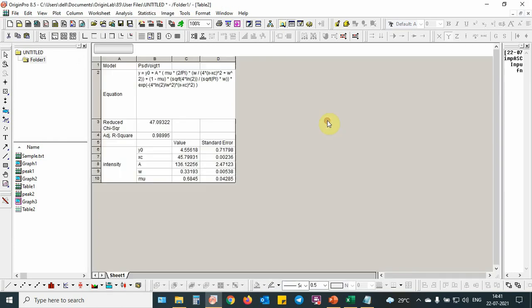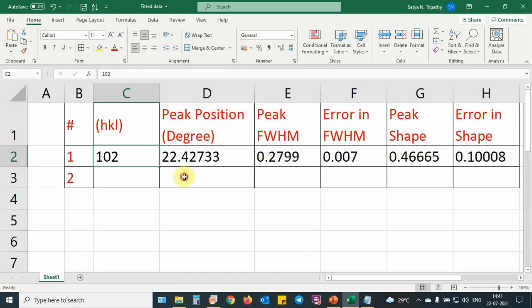To obtain the values like the previous one, here the peak position is around 45.79, so you can paste the data, and this is the 204 plane in my case, and this is a nanocrystalline material I had synthesized.